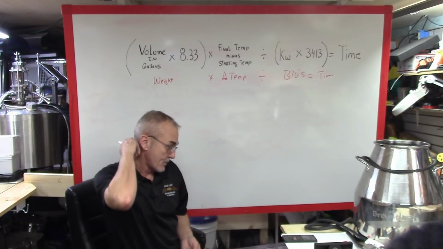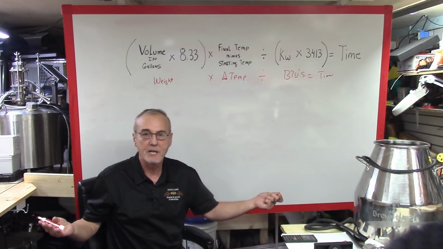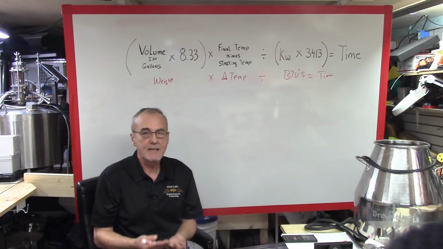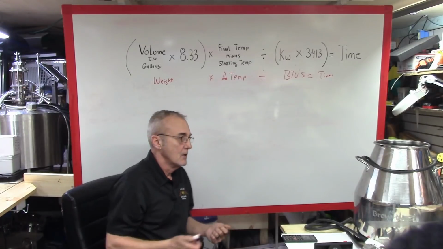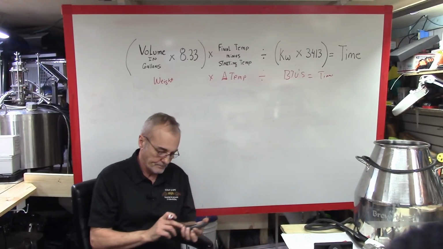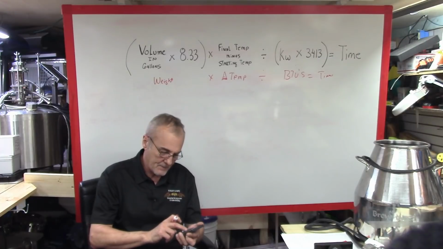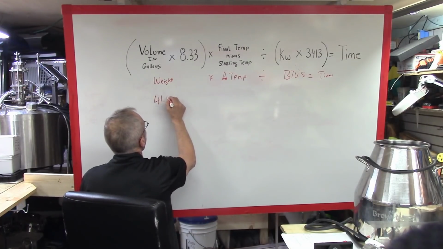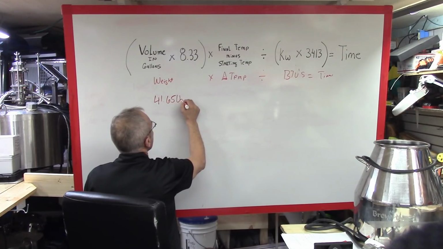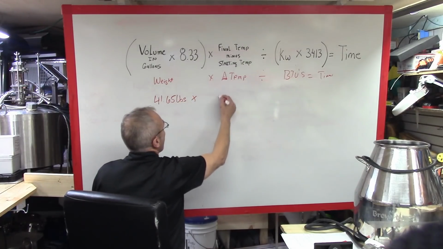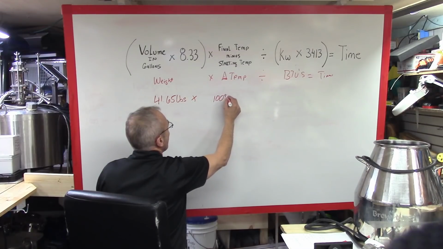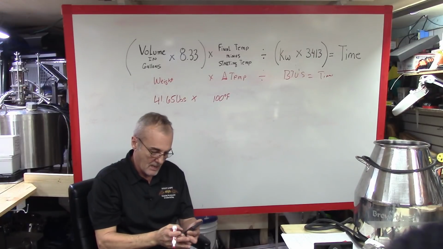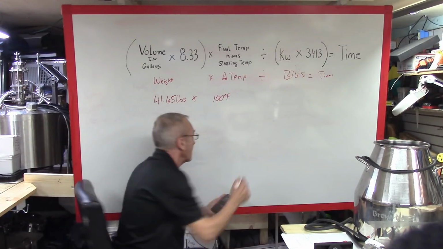So we did the same thing. Let's take, as an example, that 5 gallons of mash again in an 8-gallon still, and we're going to put that on a stove of natural gas. It's got 10,000 BTUs. Well, if we take 5 gallons, 5 times 8.33 equals 41.65 pounds, multiplied by our temperature difference of 100 degrees Fahrenheit, times 100 equals